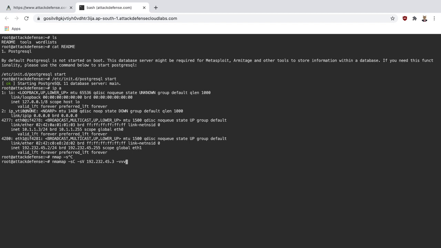It will go in verbose mode, and if I can type nmap, that will be amazing. So nmap, hit enter,